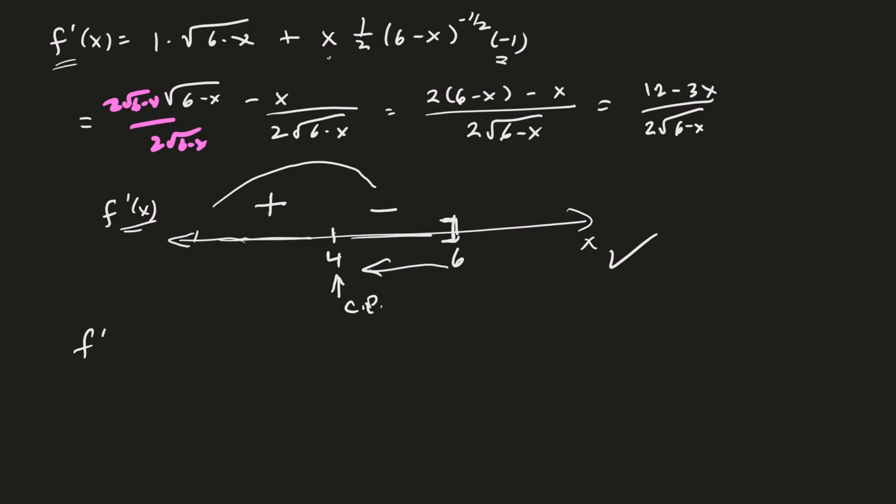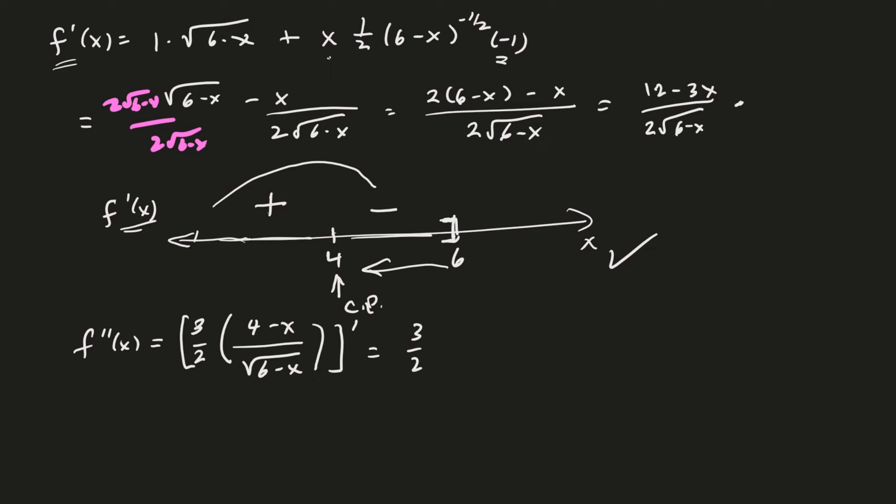The second derivative may take a little bit more algebra, but let's see if we can get our way through it. So I'm using the quotient rule here. I think I'm going to take out that 1/2. I could take out the 3 as well, just to make it a little bit easier, so I don't have to deal with that. So that's going to be 4 minus x on the top, divided by the square root of 6 minus x on the bottom. And now if I differentiate that,